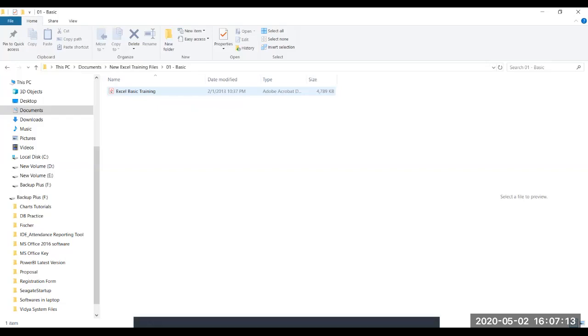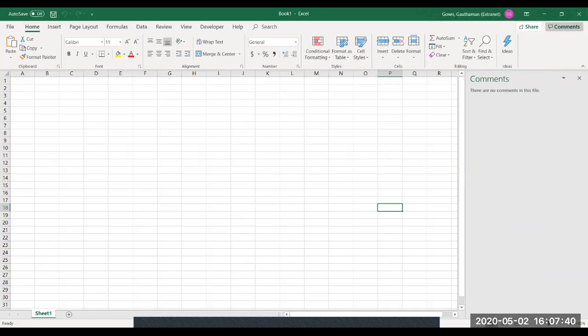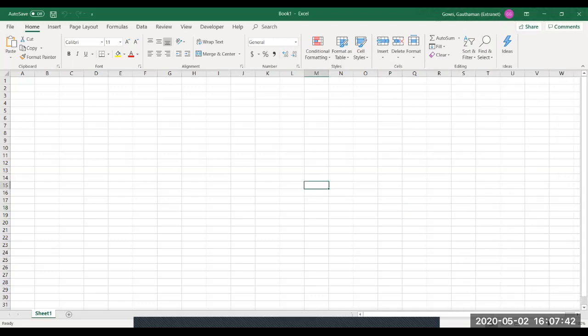We'll teach you the different options that are available in Excel with all the screen layout. Let me share it with you. I'm trying to open a new workbook. Now you can see here, this is the Office 365 version that we are going to use.